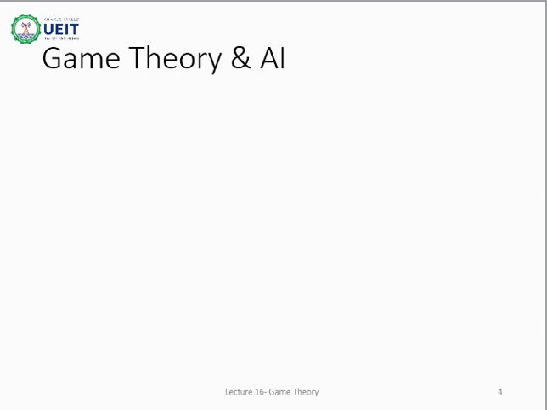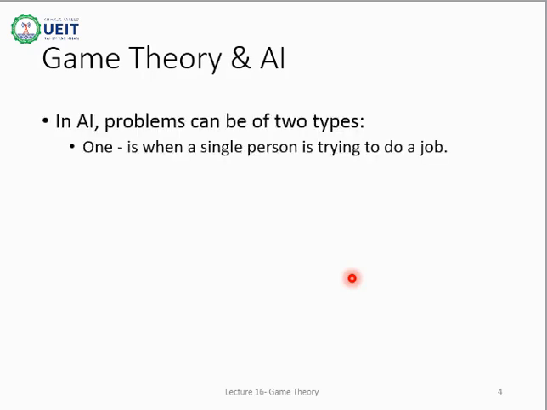Game theory works in a multi-agent environment. We already know that multi-agent environments are of two types, cooperative and competitive. Lecture number 4 has clear descriptions of these two types. Please see that lecture if you need more discussion on this topic. When the environment is multi-agent and competitive, then such an environment gives rise to adversarial problems, also known as games. As the move of one player affects the move of the other, planning in advance is required.